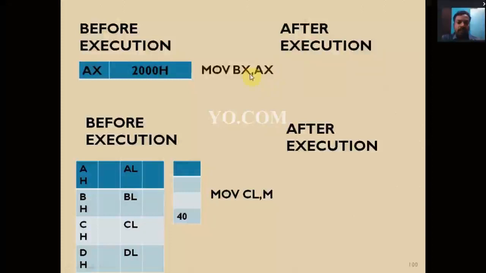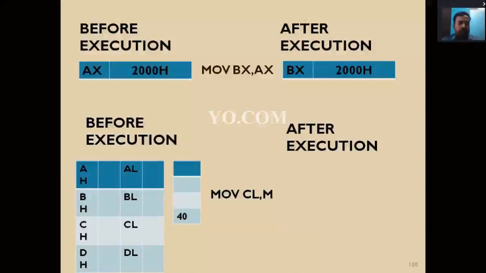Before execution, AX equals 2000H. After execution, BX equals 2000. So the data is copied from AX to BX. This is the data transfer instruction.